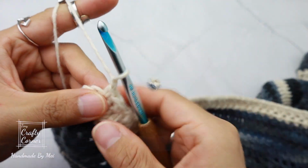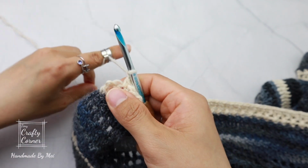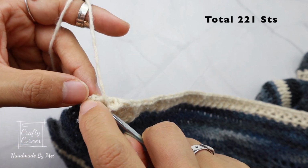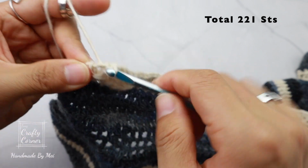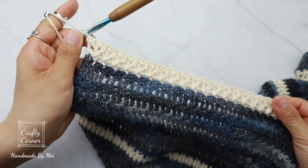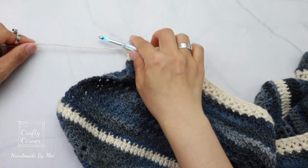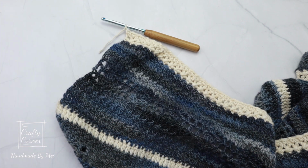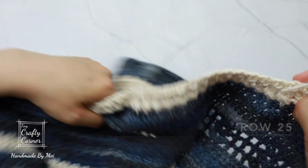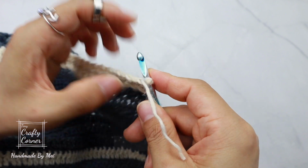At the end of row 24, skip the chain space and single crochet into the top of the second chain. And the total number of stitches is 221 stitches, including the 1 chain. 1 chain, cut yarn, to begin row 25, turn, insert new working yarn into the first stitch,